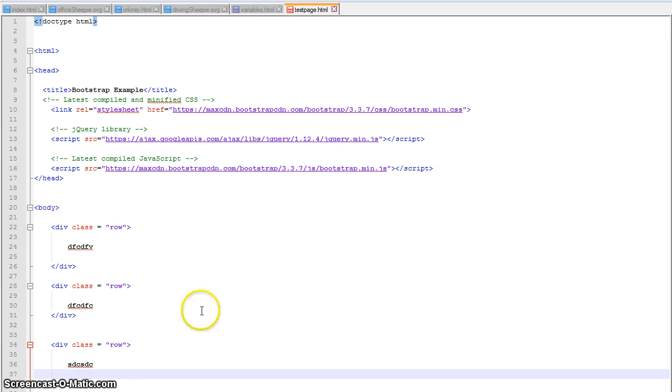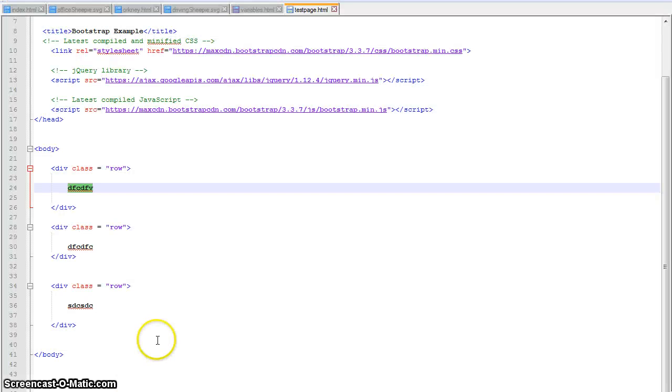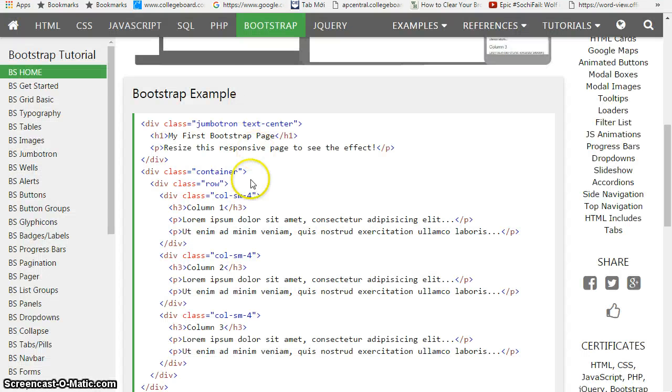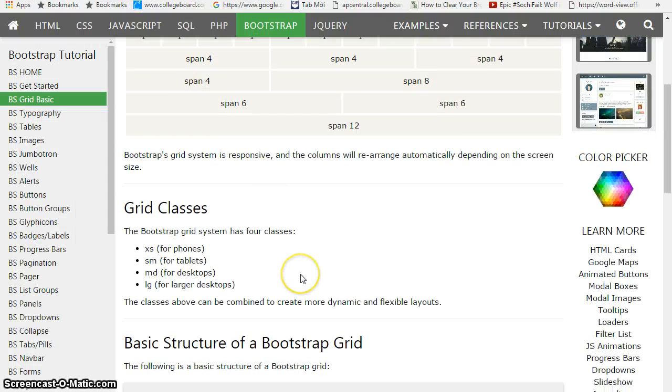So here I have 3 rows with 3 pieces of sample data in each row. So if we save that and have a look at it in Chrome, we've got 3 rows of data here. Okay? Now then, this is where it gets very interesting. Let's go back to Bootstrap